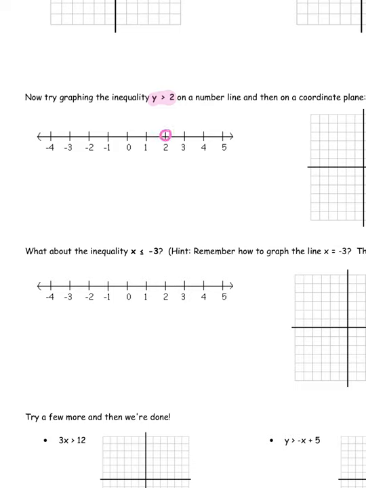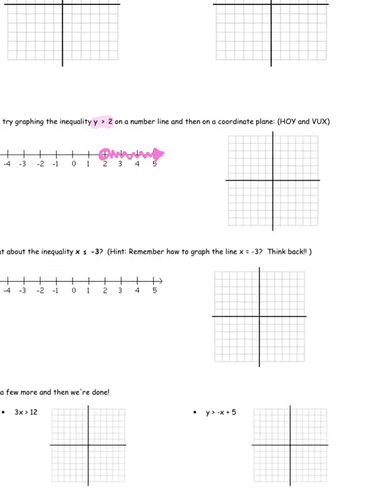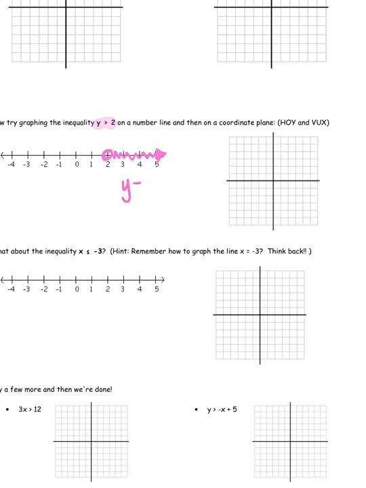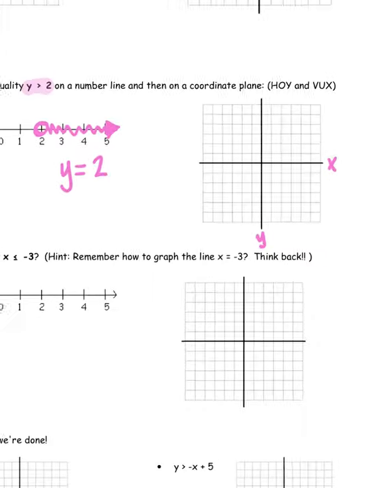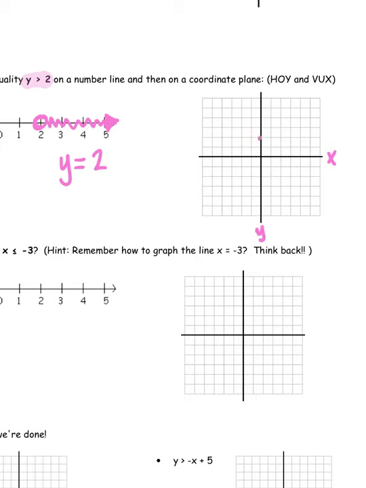So then, when we go over to our coordinate plane, remember what y equals 2 looked like. Here's our y-axis, here's our x-axis. When y equals 2, that's when our line passes through the y-axis. So when y equals 2, we put our dot at 2, and we would draw a line, but this is an inequality, and this is saying that y is greater than 2. And with greater than, it's a dotted line. So we're going to put a dotted line